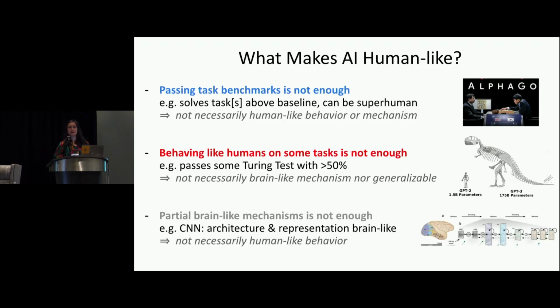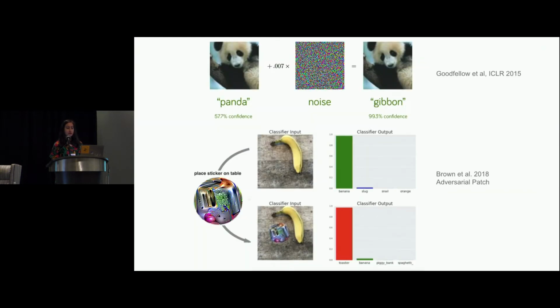Another thing is that some approaches could be partially neurally plausible. However, if you look at the behavior they produce, for instance, on adversarial examples, they don't show human-like behavior. And I don't mean by that just the beautiful work on adversarial images, which, for instance, cannot be identified, from the original paper that was shown in 2015, or adversarial patches where you just put it next to a banana and it turns into a toaster somehow. These kinds of things obviously were the earlier cases of adversarial images and patches.